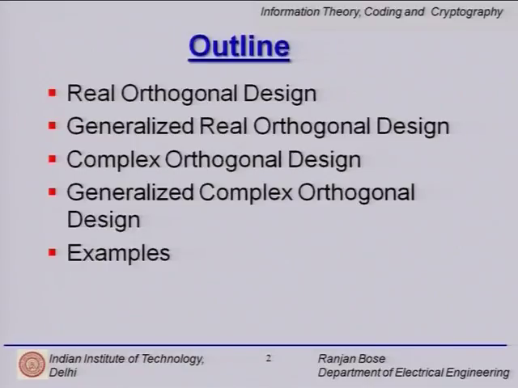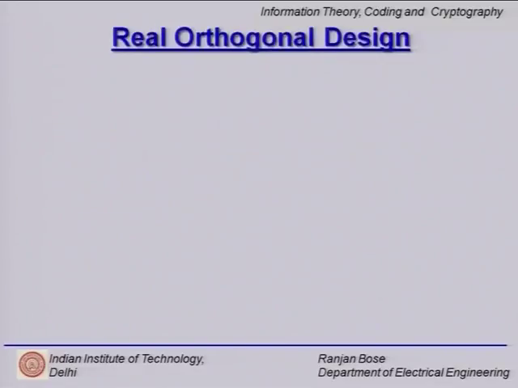What we will do is then move on to quasi-orthogonal design, which will help us move from single symbol decoding to decoding in pairs. And finally, we would look at some examples. So let's see how we can proceed. We have done some of these earlier and they're important enough to be revisited again. So let's go with that.